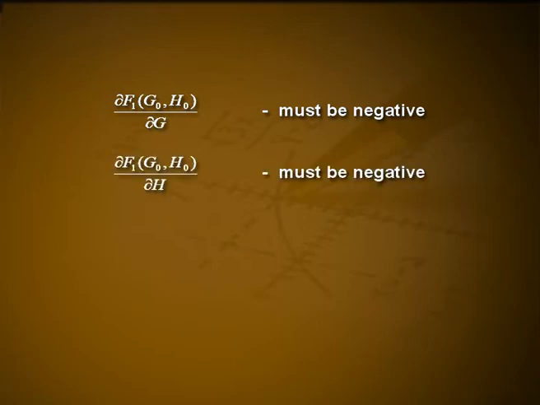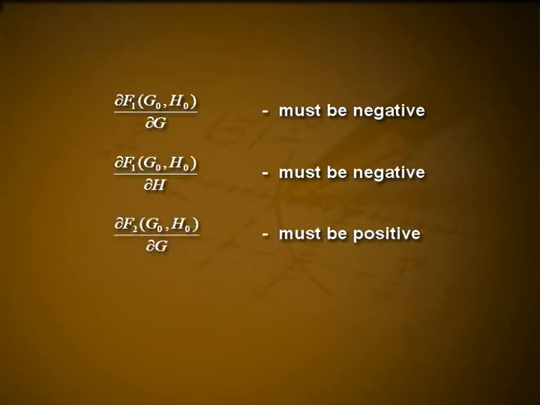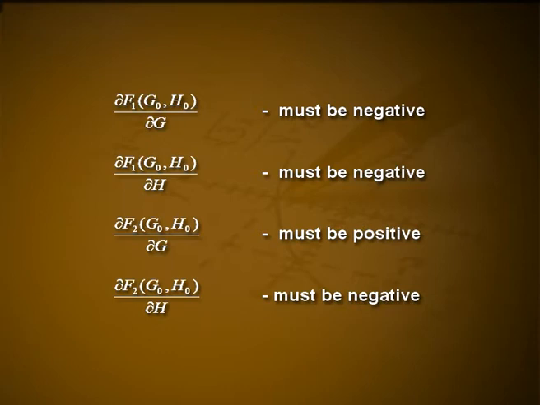Similarly, ∂f1(g₀,h₀)/∂h is negative, since a positive value of h tends to decrease blood glucose levels by facilitating tissue uptake of glucose and by increasing the rate at which glucose is converted to glycogen. The number ∂f2(g₀,h₀)/∂g must be positive, since a positive value of g causes the endocrine glands to secrete those hormones which tend to increase h. Finally, ∂f2(g₀,h₀)/∂h must be negative, since the concentration of hormones in the blood decreases through hormone metabolism.